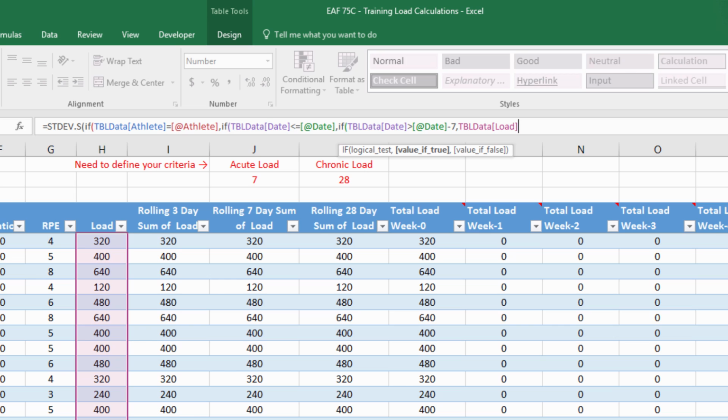Crikey, that's a pretty tough formula and I can certainly forgive you for getting that wrong. I don't need to put false in here. I could put a comma and then a double blank quote, but I'm just going to close it. Not once, not twice, but 3 times. And what that's going to give us